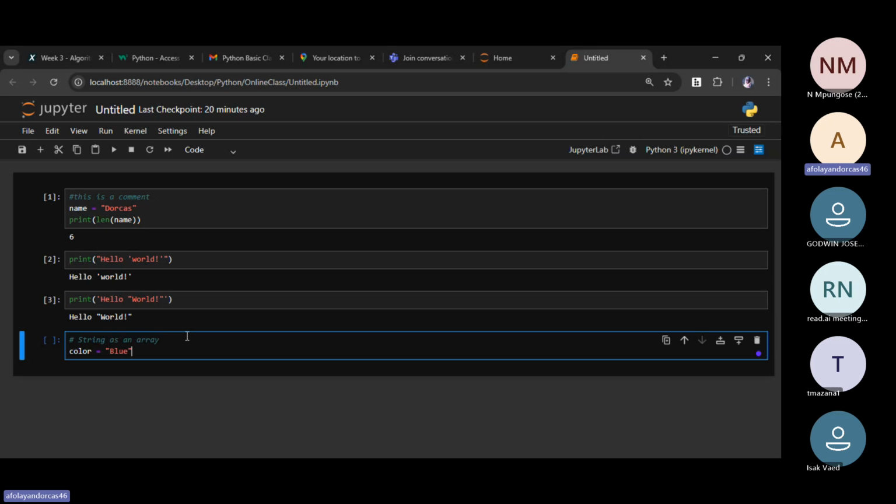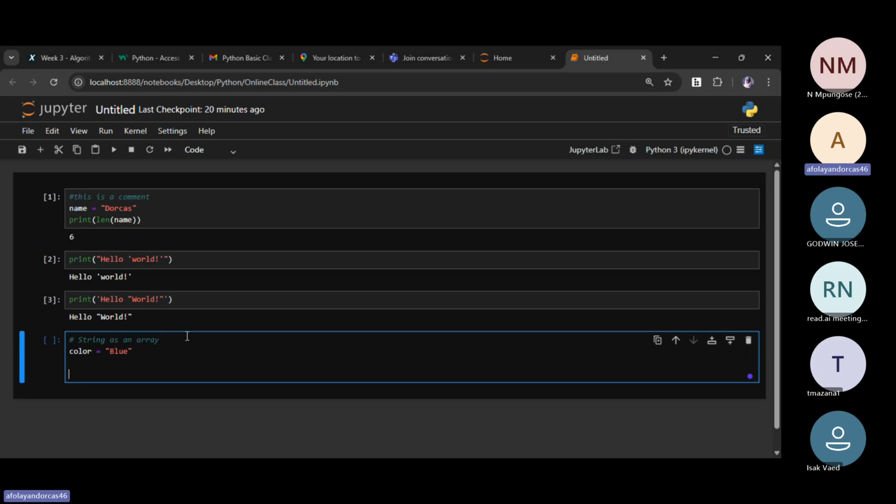In a case like this, I want to get one letter out of this blue. Let me just say I want to get a particular letter, an alphabet, out of this word that I have that is called blue. So I can just say print, then I'll just say print color.